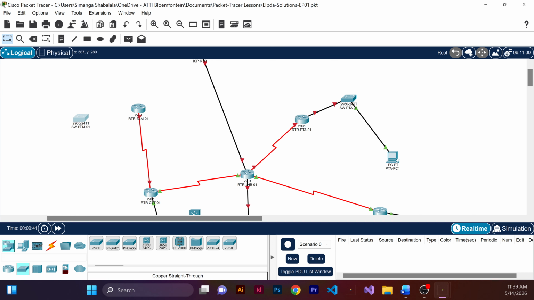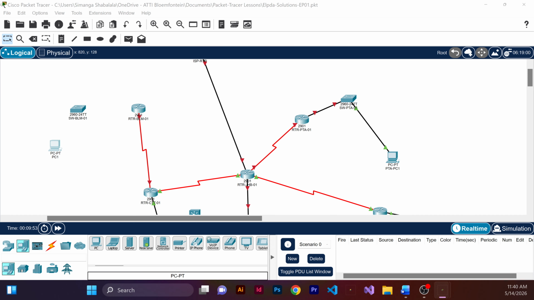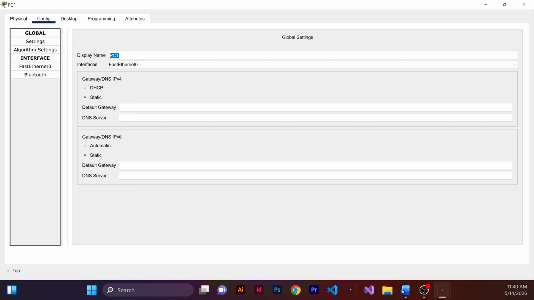And then we need a PC in Bloemfontein. So it is gonna be BLM PC1, and then